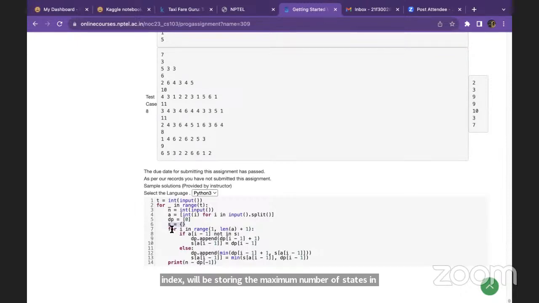So now what we'll do is we'll look for i in range of 1 comma len of a plus 1. So len of a plus 1 is like, why we can use this for i in range of len of a, but for indexing basically we are using for i in range of 1 comma len of a plus 1. So what we are doing is, if a of i minus 1 is not in S,